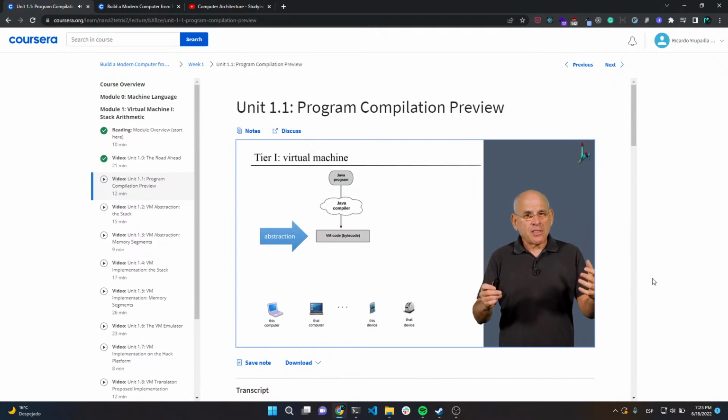So if we want to actually execute this bytecode, we have to translate it further into machine language. We have to realize it on some real von Neumann machine or some real hardware device. So in order to do this, we need the tier 2, the second tier or the bottom tier of the